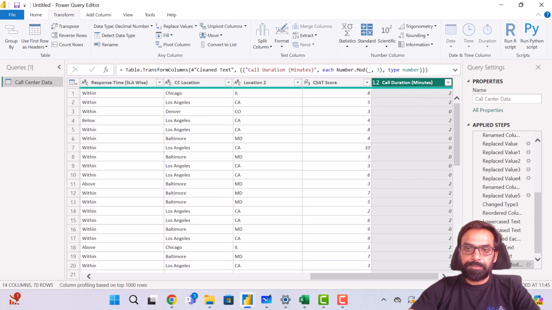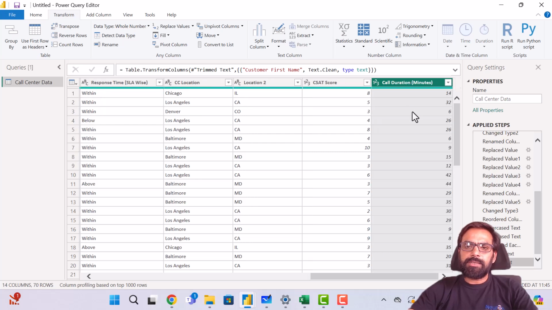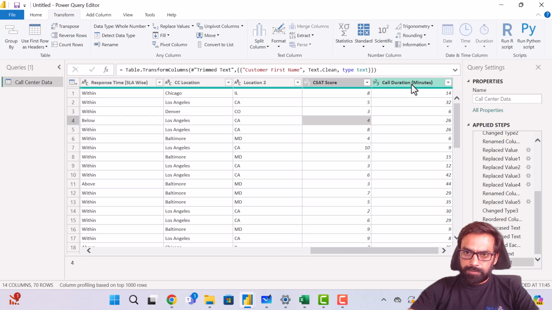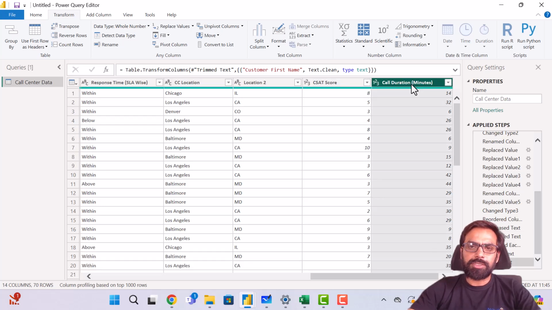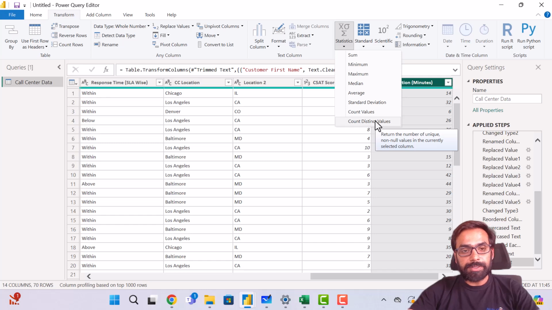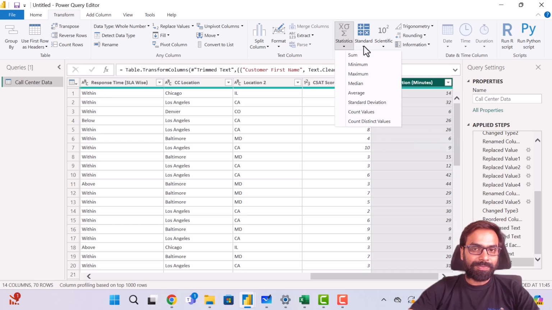For example, let's say somebody says that, okay, if I divide a certain numerical column into some number of portions, how can I do it? I can do it like this. So all the statistical variables like sum, minimum, maximum, median, average, standard deviation, count values, count distinct values will be present over here. Okay. Standard ones are over here. So we can go for